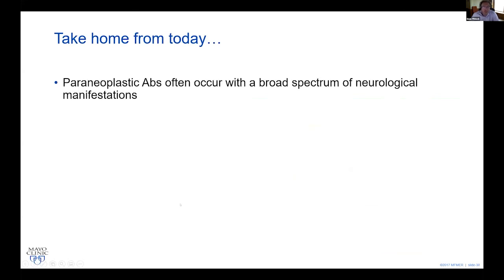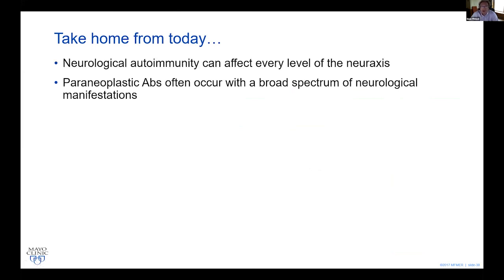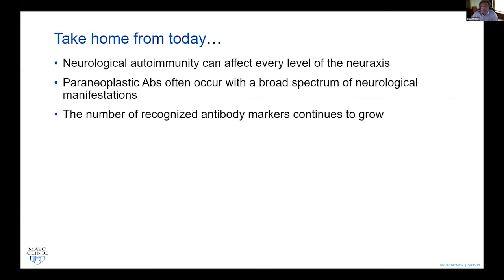So what are the take-home messages from today? Paraneoplastic antibodies often occur with a broad spectrum of neurological manifestations, and neurological autoimmunity can affect every level of the neuroaxis. The number of recognized antibody markers continues to grow, so it becomes highly complex, and it really emphasizes the need to have comprehensive neural antibody testing, so that if you have a patient that comes in with ataxia and you order a test, you know that you're covering at least all of the available tests or biomarkers of autoimmune ataxia. Just like when you're doing a genetic study for a genetic ataxia, you want to be sure that you're covering all of the genes, because there's no point in just doing